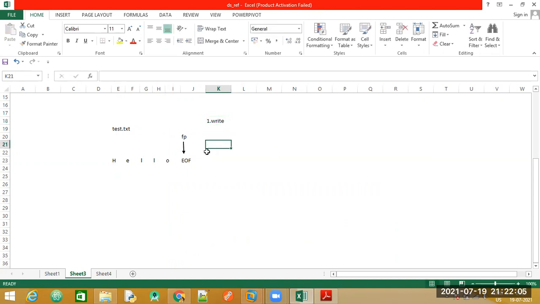The next thing is, if we try to read the contents of this particular file now, since the file pointer is pointing to this last location, what is it going to display? It has nothing to display after this, so it will just be blank. So before we go to the read operation, we need to rewind our file pointer.